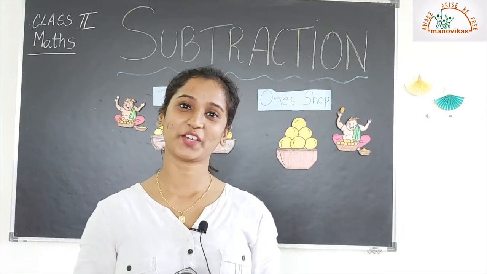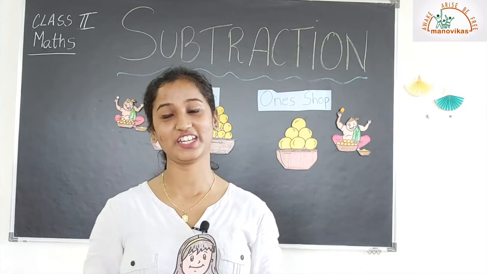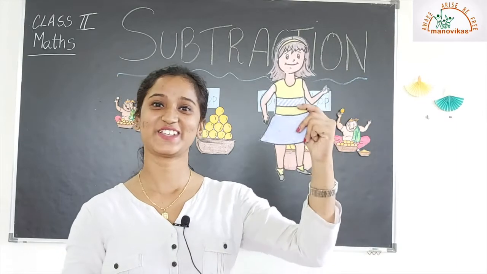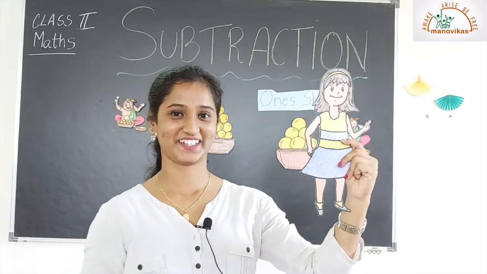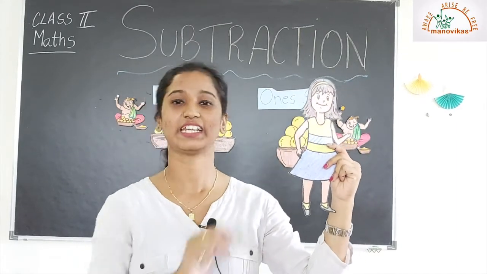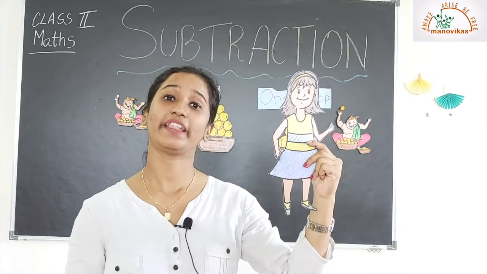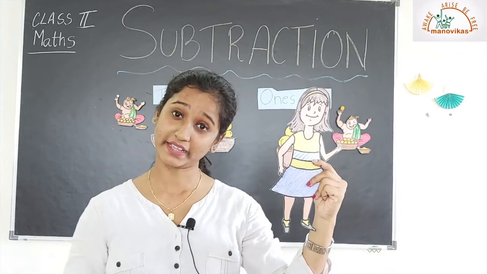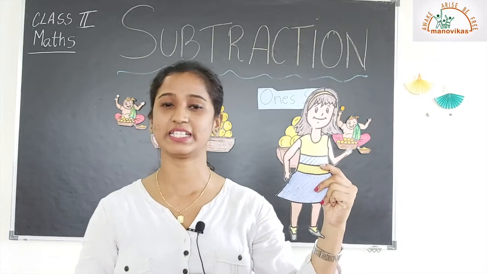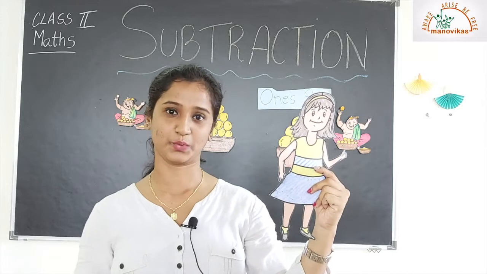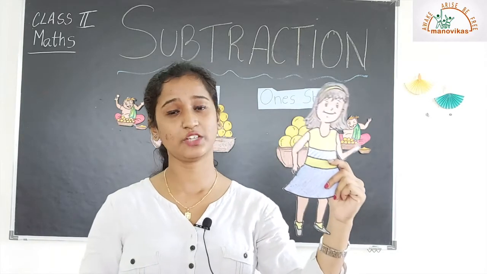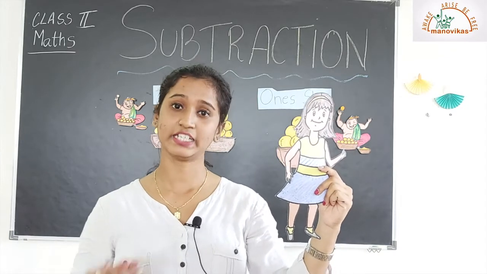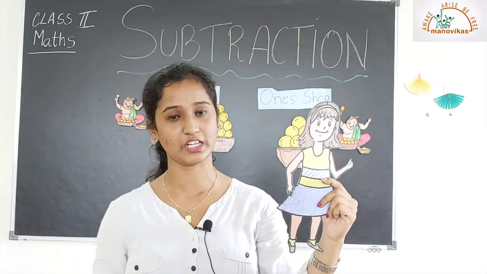Students, now moving on to the borrowing method in subtraction, I have a short story about Sweezel. Her name is Sweezel. One fine day her friends had come to visit her, and the total number of friends was 8. But by the time they reached Sweezel's place, they were hungry and tired too. So Sweezel decided to serve them, but there was nothing at home. So she decided to go out and get some laddus for them.